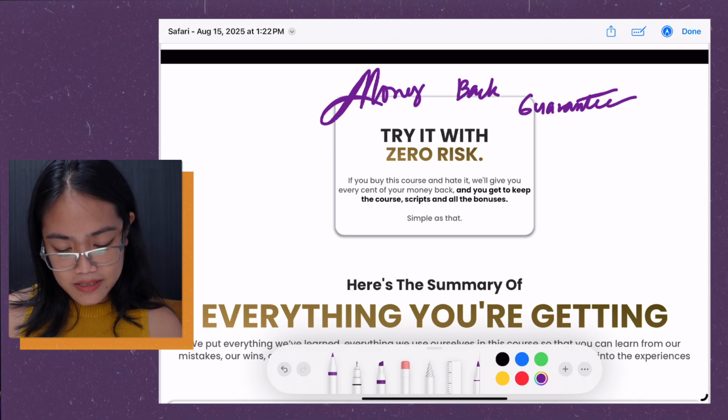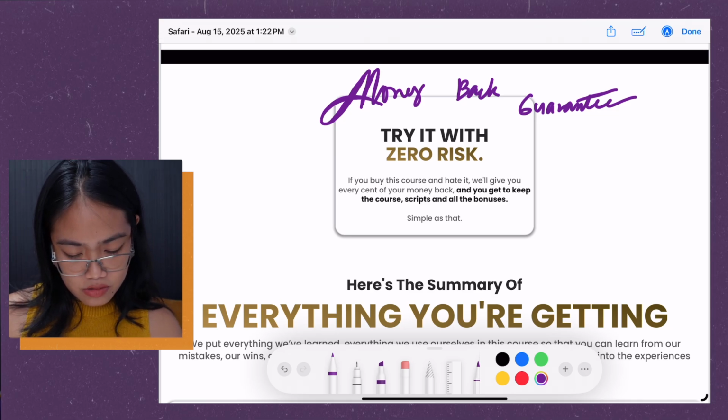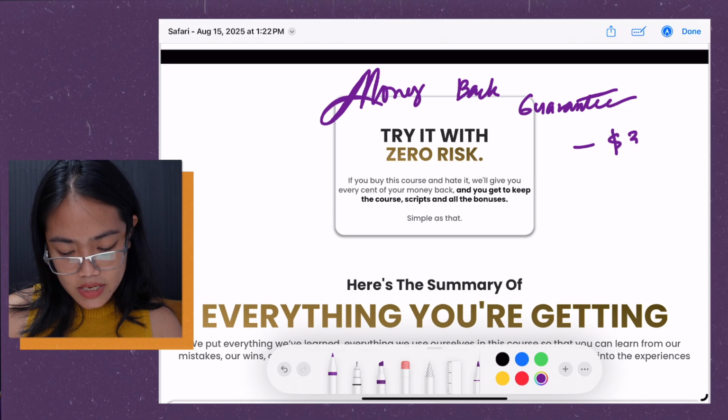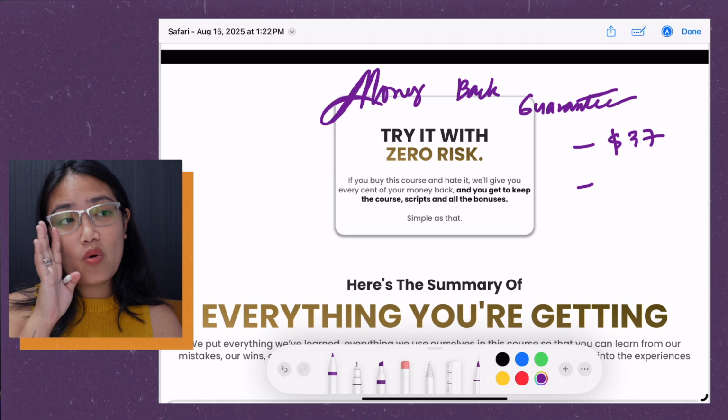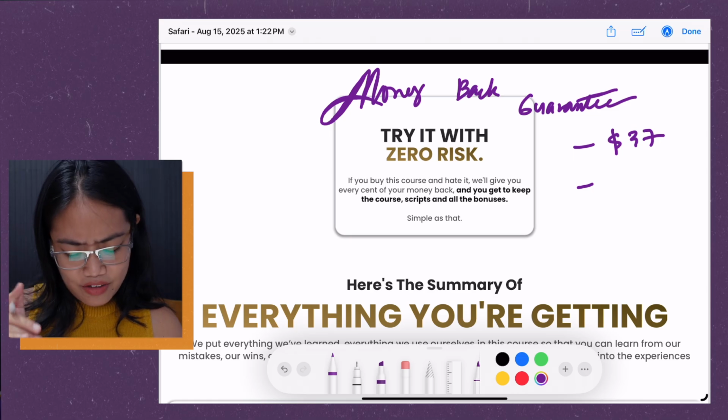Ooh, that's crazy. That's a lot of risk that he's willing to take as an online course creator, because apart from losing your already negative 37 bucks, you're also going to have a space, or basically a filler